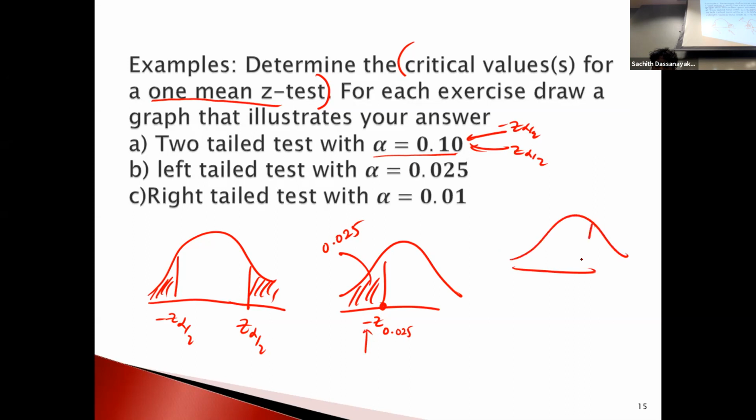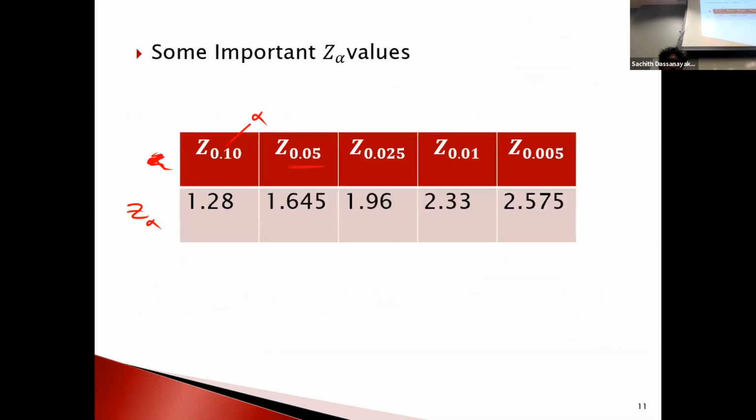Right tail one, this one 0.01, this is going to be alpha, or 0.01. Clear? You can find these values using the C table, and also if you want you can simply add this into your formula card, right? Do you know that you have a formula card in the back of your textbook?